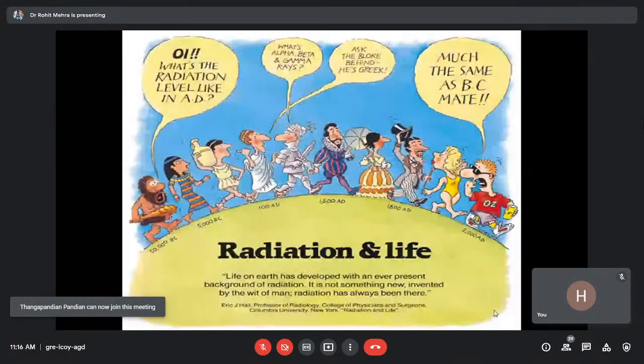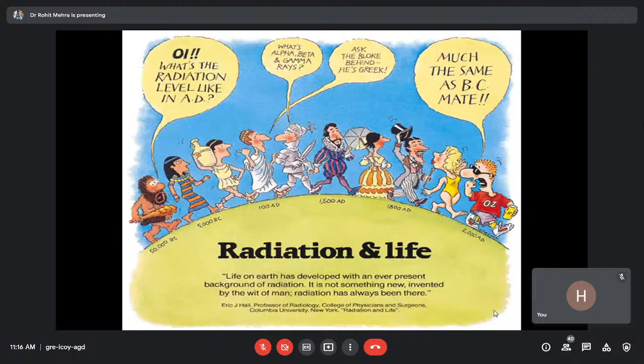And another thing, the choice of your building materials has now changed. So different types of building materials are now being used during construction, and that choice is very important: how to select a building material which gives you a lesser amount of radiations. So I will share my ideas with you, and I will tell you how it is affecting.